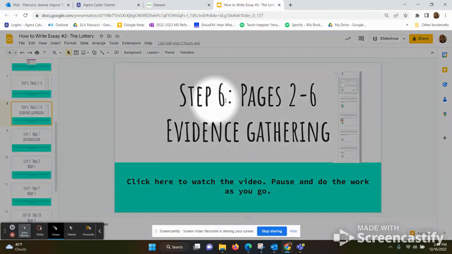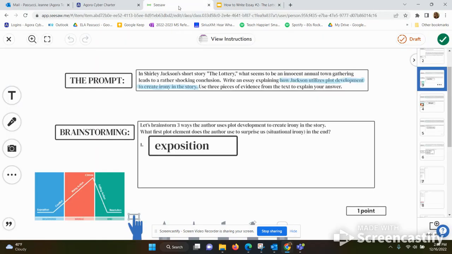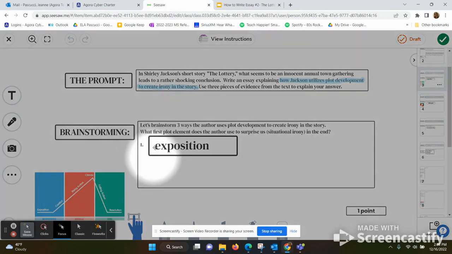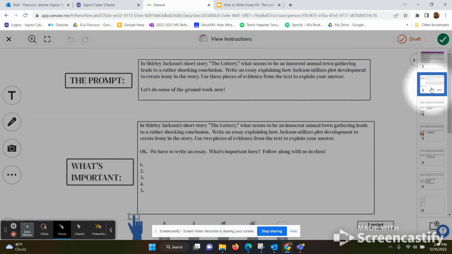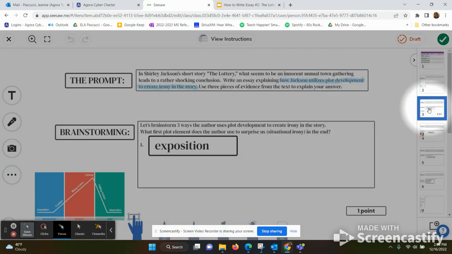Alright, guys, for step 6, kind of part 2, we need to gather some evidence. So what we're going to do is go back over to our Seesaw, and we're going to go to page 2. Page 2, I'm sorry, page 3. All right, we want to gather some evidence on how the exposition